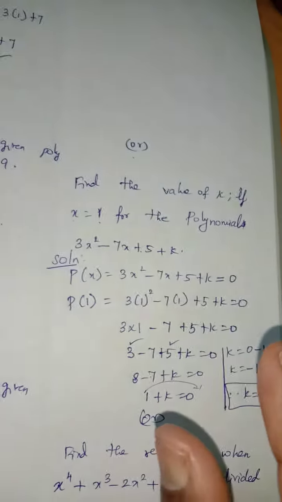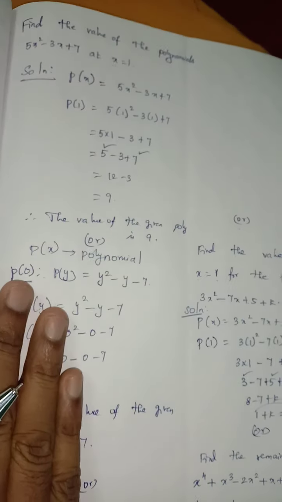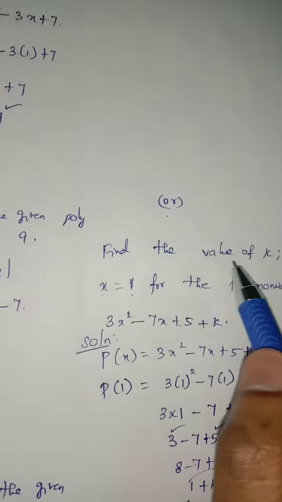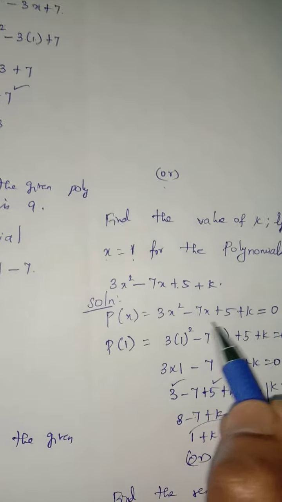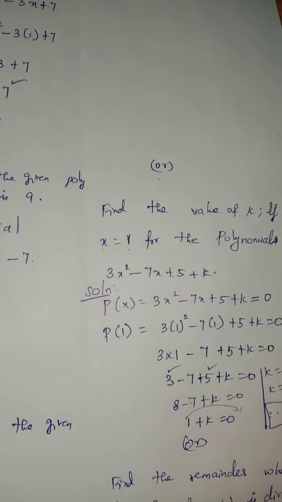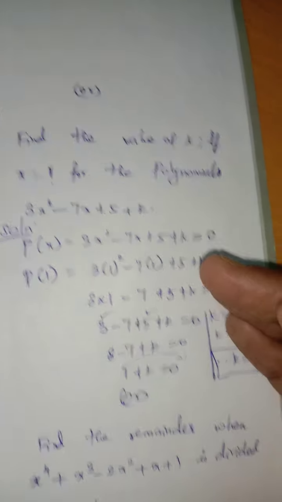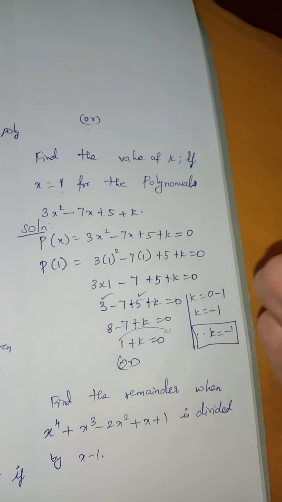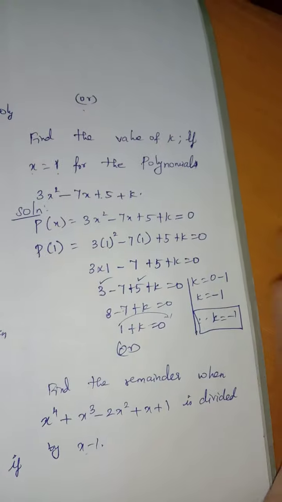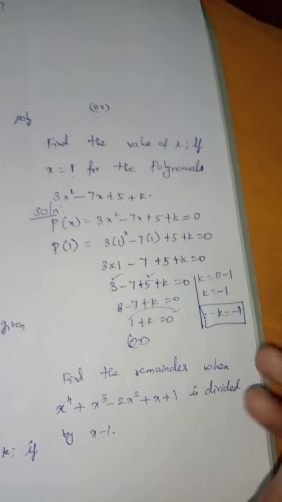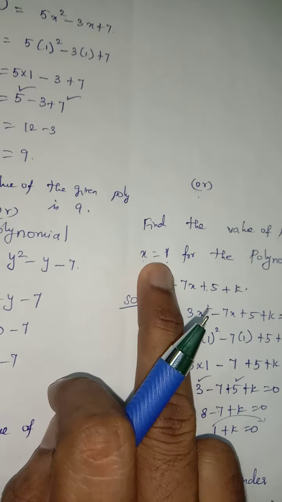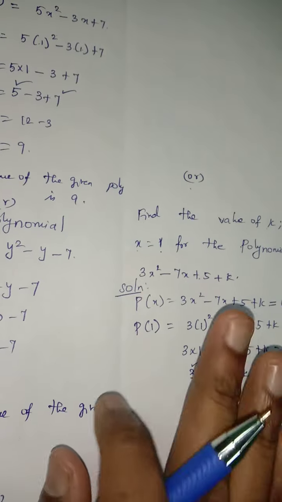Only one thing we want to add when compared to this method. That is, if they ask us to find the value of k, write the polynomial as it is and put equal to 0. Then do the usual normal procedure. From that, simplify all the values and transpose, then you will get the value of k. So this is the value of k, the value of x is given directly, so we are substituting here.